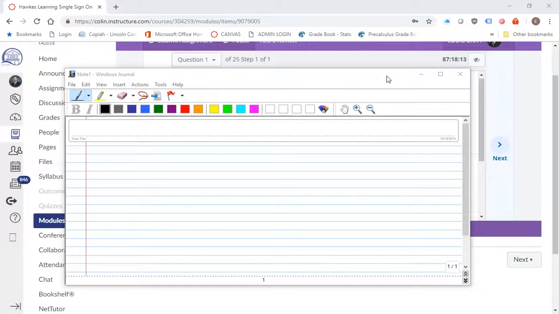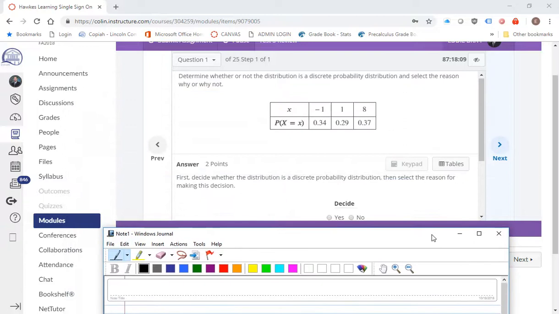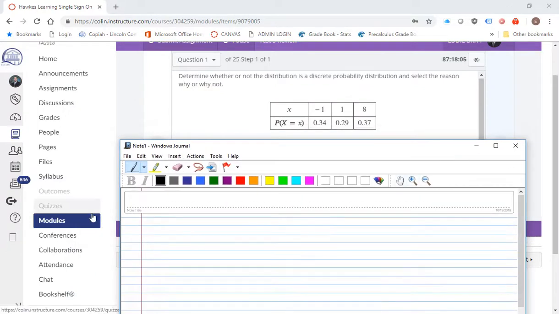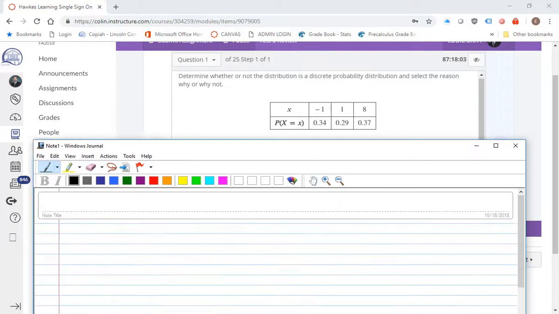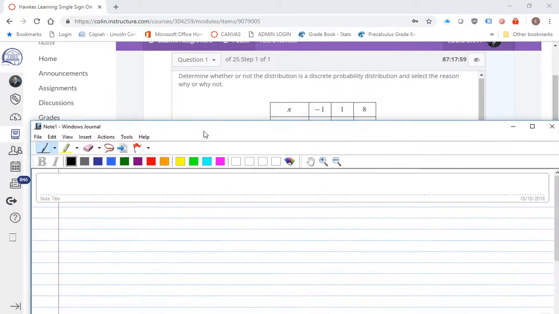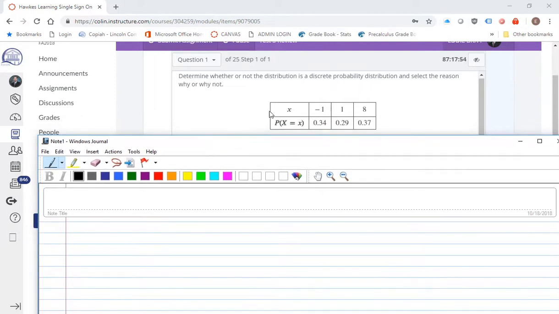Hello everyone, I am going to work through your test 3 review. You can see I have it pulled up here, and I am going to start with question number 1. So question number 1 says, determine whether or not the distribution is a discrete probability distribution and select the reason